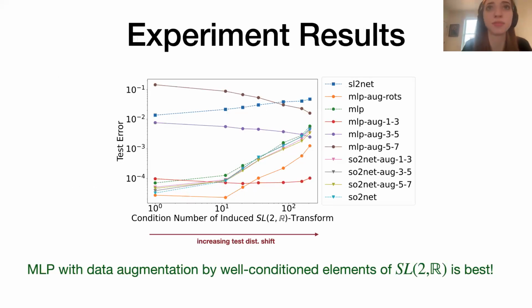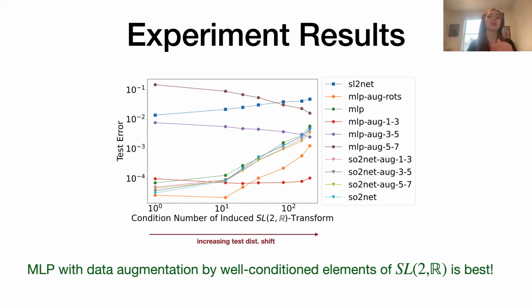This is a fairly dense plot, so let me try to highlight the important things. I understand it may be a little hard to see, for which I apologize. But basically what we're showing here on the y-axis is the test error, so error on unseen instances that were not in the training data. The x-axis covers the degree of distribution shift. The leftmost point is the original test data set, which is generated according to the distribution that I put on the previous slide. As you move further to the right on the x-axis, we're applying random SL2 transforms,